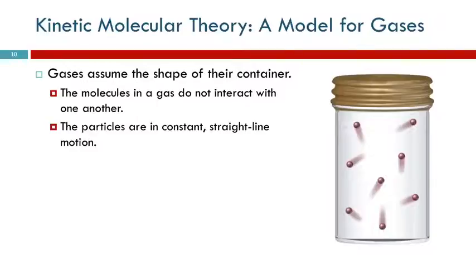They're just traveling in a straight line until they run into something. So if you started out with these gas particles all down in a corner, and then they start moving, they're just going to move until they run into something, and they're going to bounce, and eventually, in not very long at all, they will be evenly distributed and completely fill the container. There's an awful lot of empty space between those particles. The particles go in constant straight line motion.